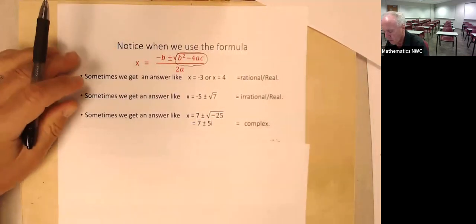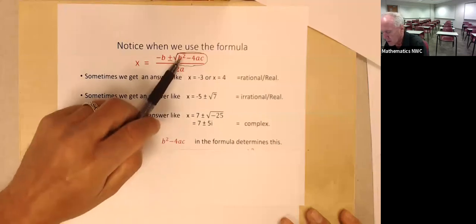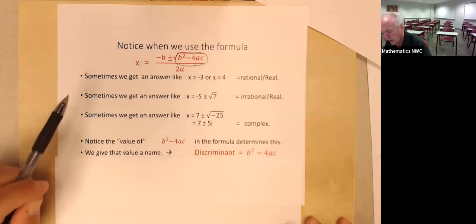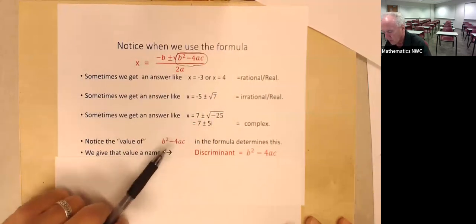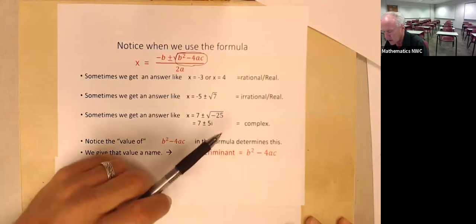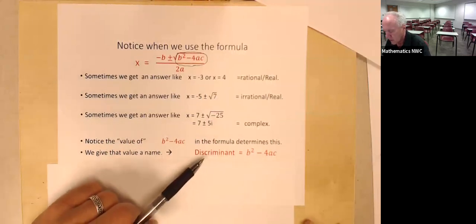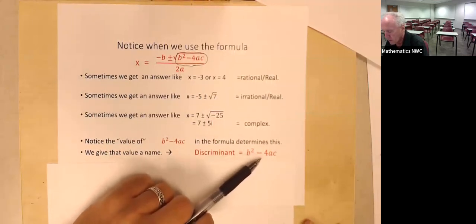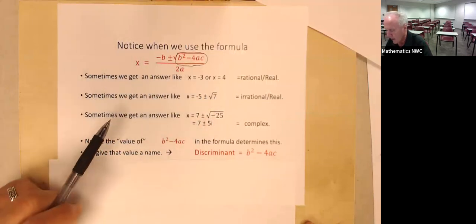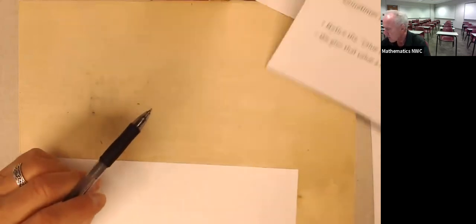Because that's a rather important part, the value of that b squared minus 4ac determines what type of answer we get. Because that's an important part, we give it a name. We're going to call it the discriminant, because it discriminates between what type of solutions we get. So the discriminant, b squared minus 4ac, is just part of the overall quadratic formula. We've done these often enough